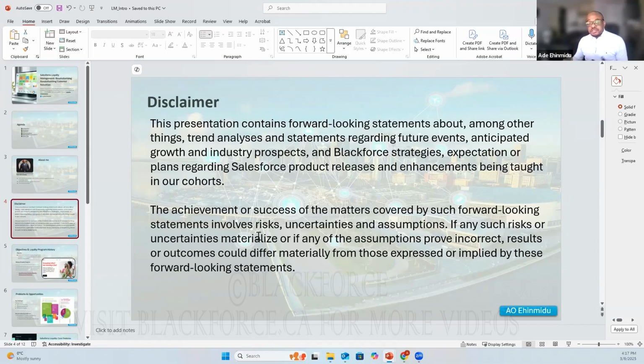If any such risks or uncertainties materialize, or if any of the assumptions prove incorrect, results or outcomes could differ materially from those expressed or implied by these forward-looking statements. Simply what we're saying is we are enthusiastic about Salesforce products. Well, we are not the owner of this product. Their vision could change over time. So what we've anticipated to happen might actually be different materially.